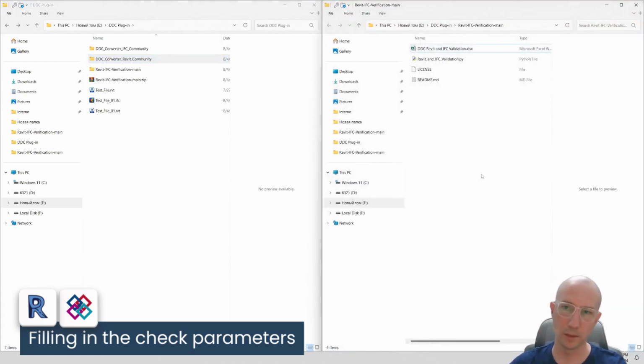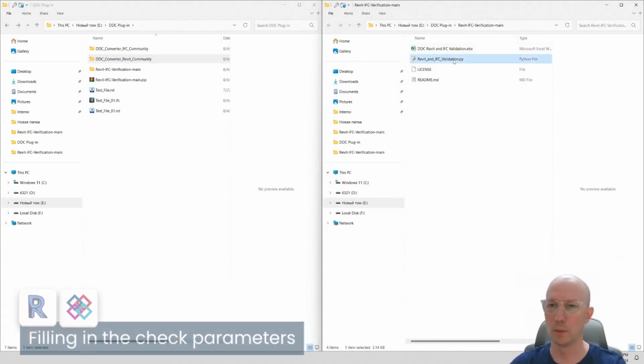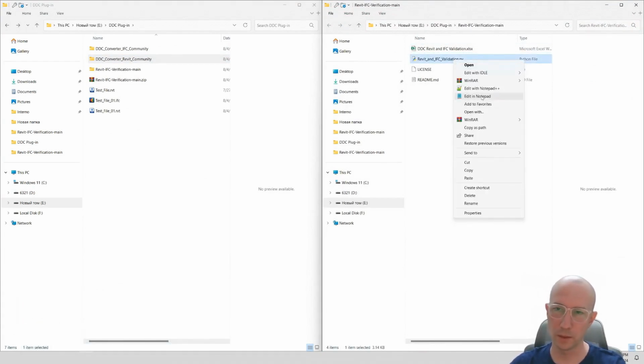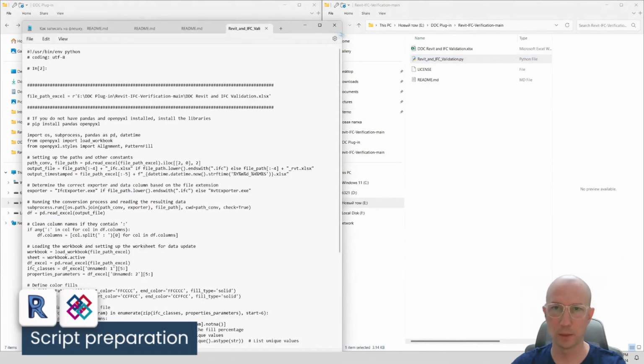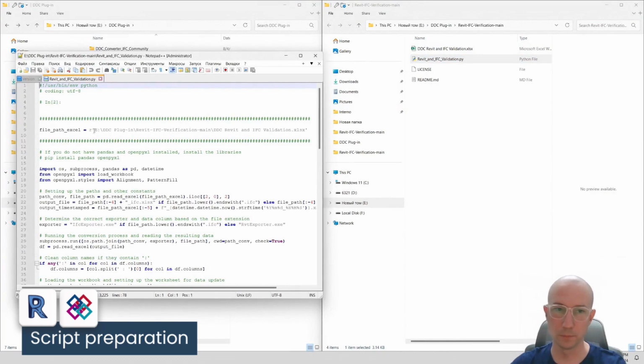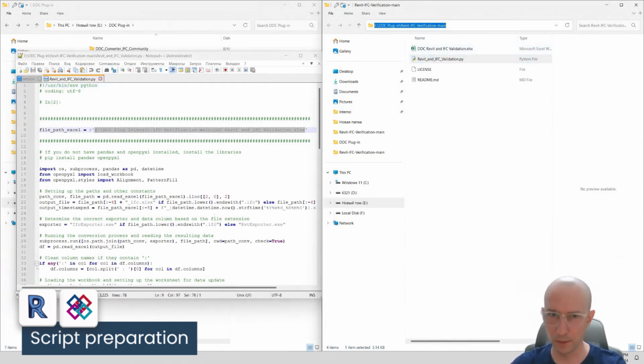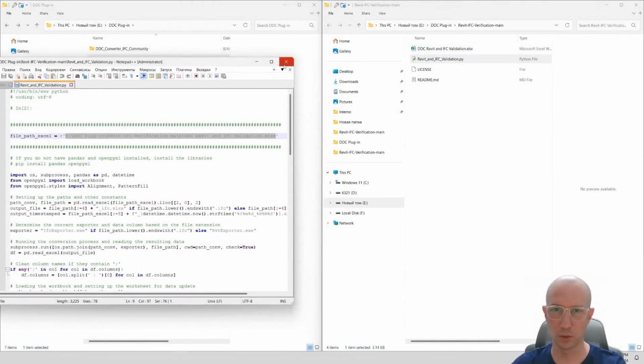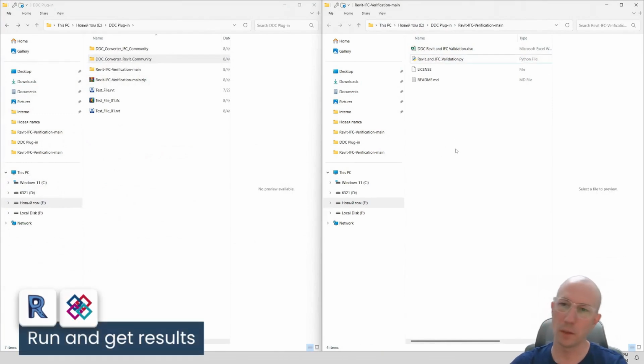Next, the final setup remains. This is the setup of our script. We open the script by right-clicking. You can edit it through Notepad, but I find it more convenient to edit it in a code editor. Here, I have opened it. You need to specify the path to our table here. We also copy the path, paste it here, and copy the name. I have everything set up in advance here. I'll just close our script. Now, to run our script, we need to do the following.